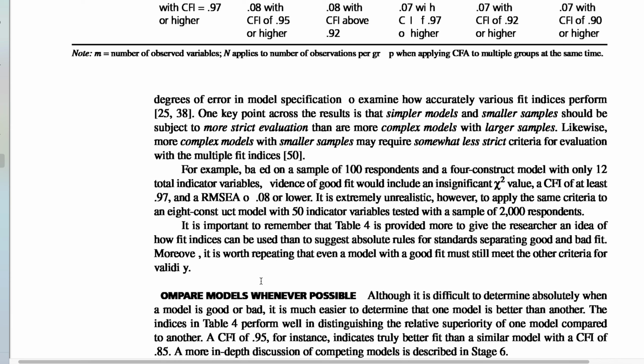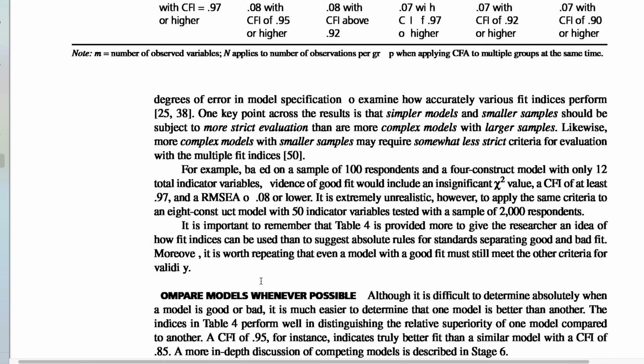For example, based on a sample of 100 respondents and a four construct model with only 12 total indicator variables, evidence of good fit would include an insignificant chi-square value, a CFI of at least 0.97, and an RMSEA